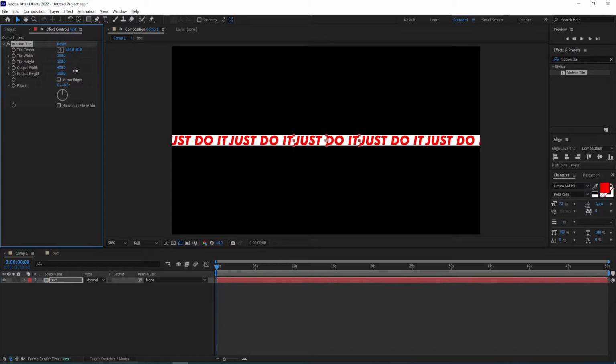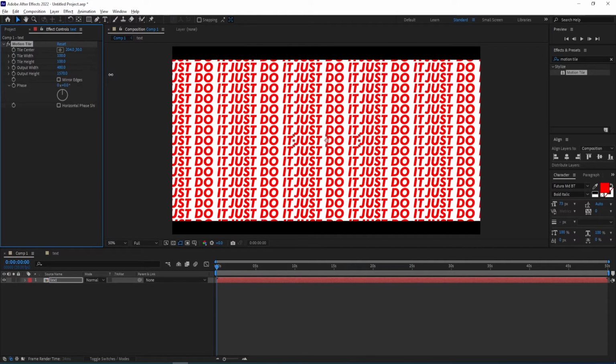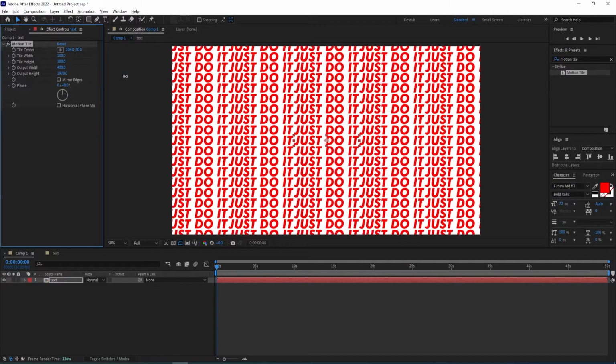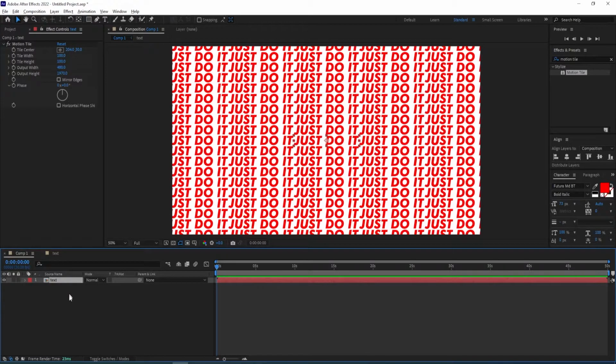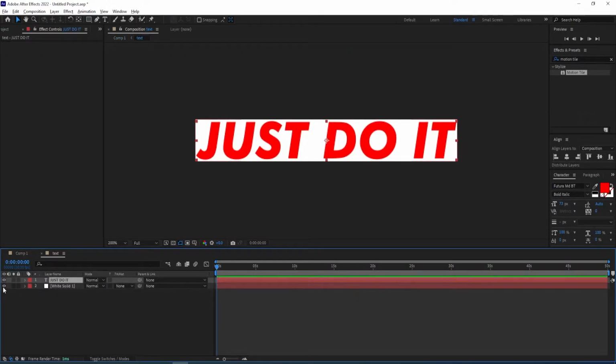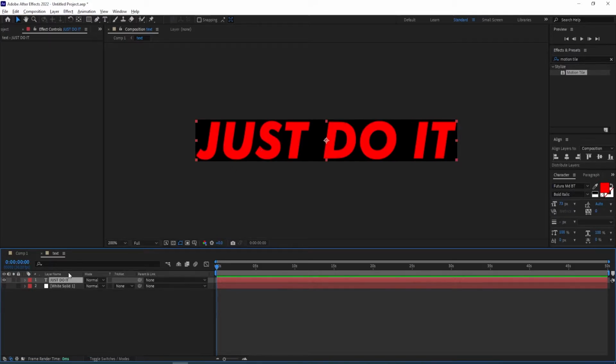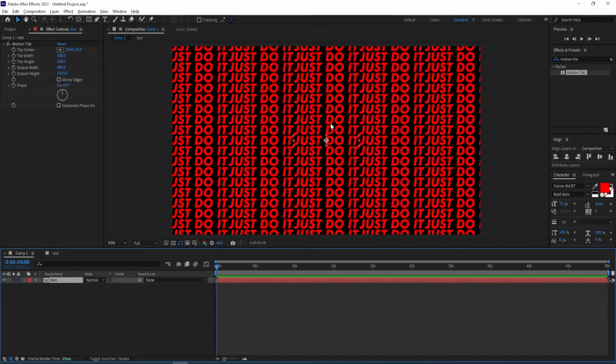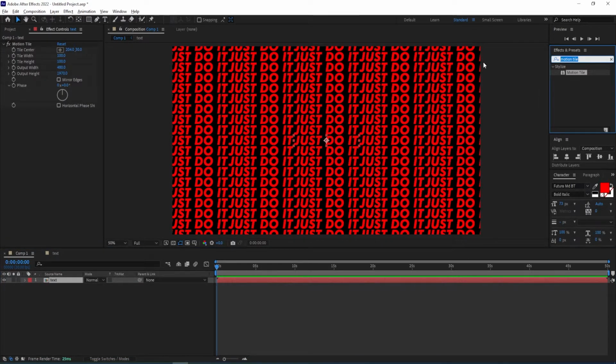So this basically gives us duplicates, horizontal duplicates, and then this one, output height, gives us vertical duplicates. And now we can double click on this composition and then hide this solid. So we have this type of look, and we go back to effects and presets, type in